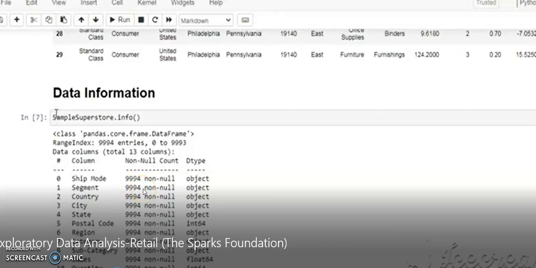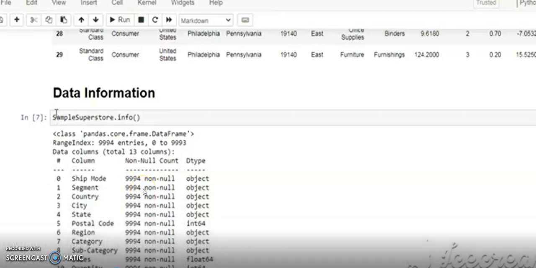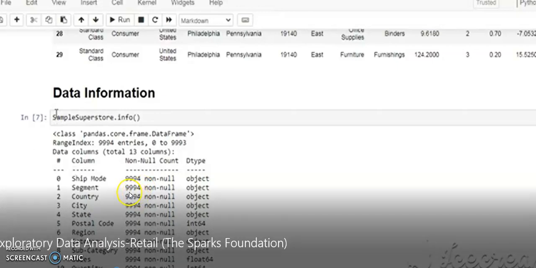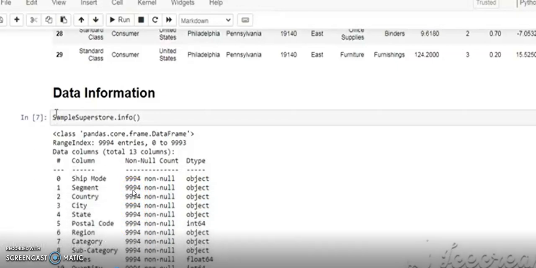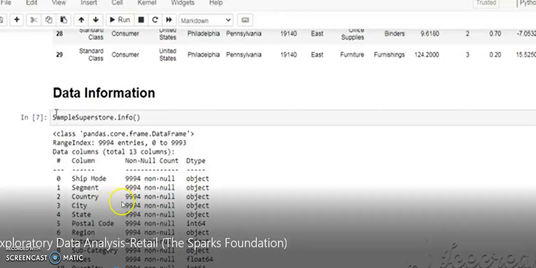It means no value is null. If here it were 9,991, it would mean three values are null in that column. The columns are named country, city, state, postal code, etc.